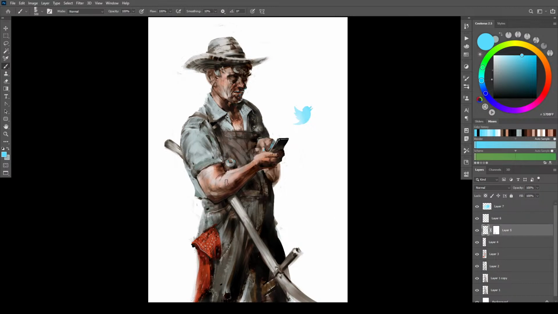Alright, back to this layer. I think we can grab some of this kind of off gray and bring it down into this area. And we're going to be mixing with this salmony color.